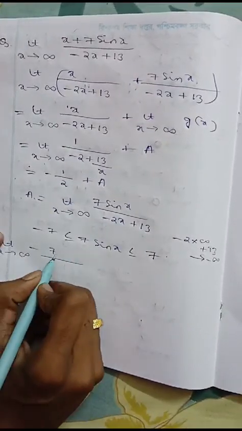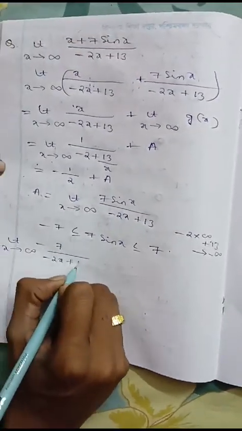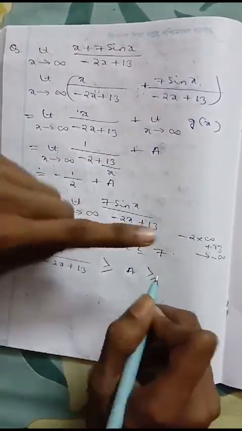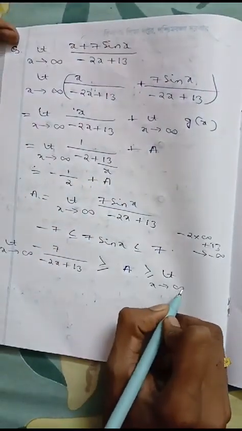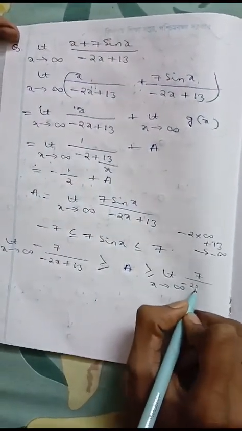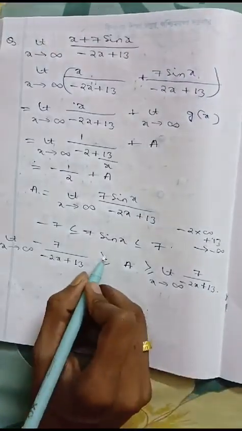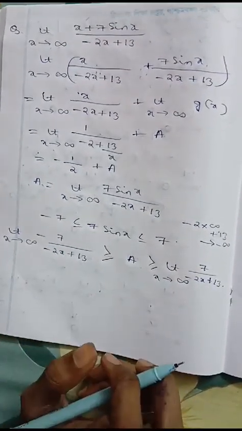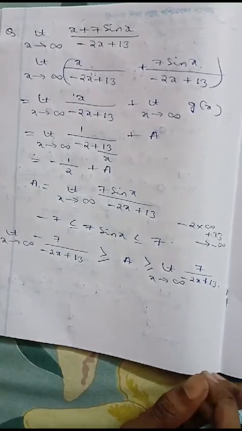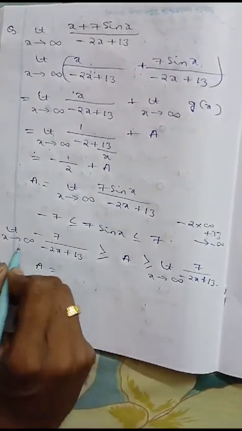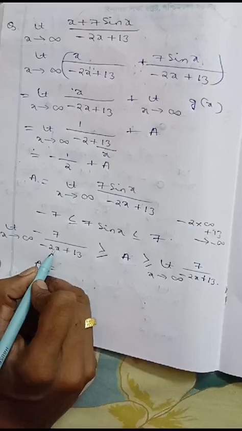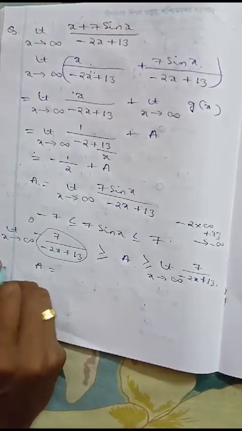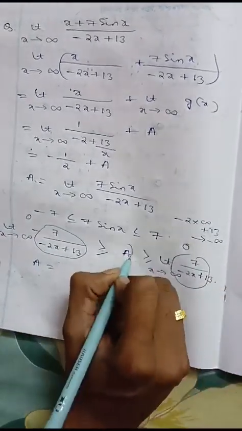So the limit of minus 7 upon minus 2x plus 13, let us reverse the sign. The desired limit we want to get, a, is less than or equal to the limit as x approaches infinity of 7 upon minus 2x plus 13. So the sign is reversed, or you can write it the other way around. So a, what is a? The limiting value of 7 upon minus infinity or 7 upon plus infinity is always tending to 0, because 1 by infinity always tends to 0. So the middle function will be tending